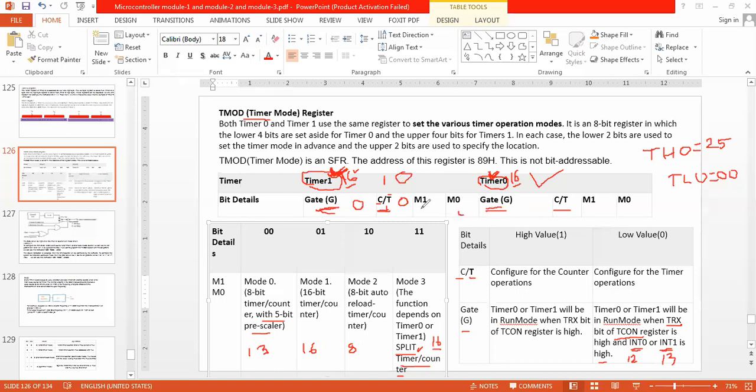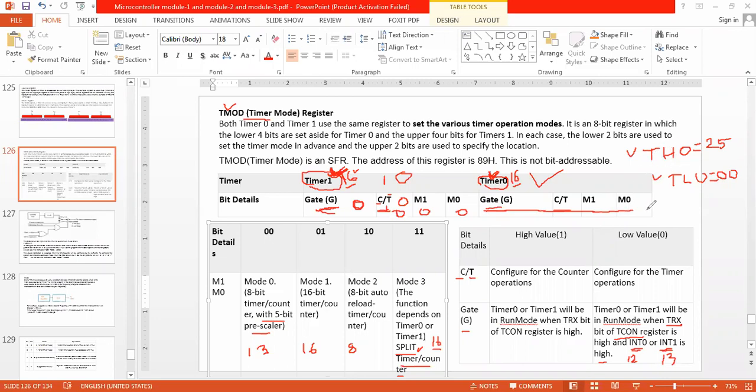I keep this as 0 and keep this as 0. I'll make this a 1 or 0. If I'm not using anything, then 0000. I'm not using anything for this. Now what? As a value is loaded into timer 0, I have to make changes in the lower 4 bits. Correct? So that is why the TMOD register is used. If I change the values in the lower 4 bits, then according to that, timer 0, TH0 and TL0 are going to be incremented automatically, and they have to be started.